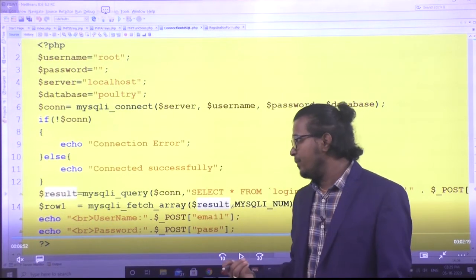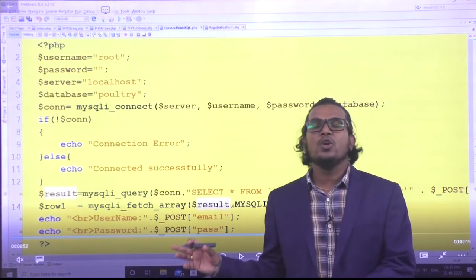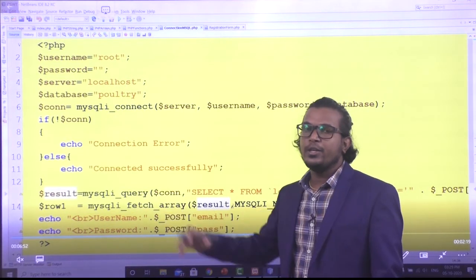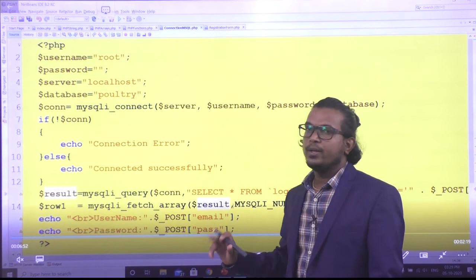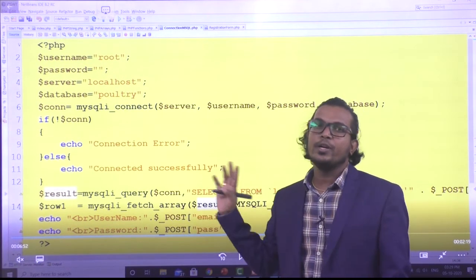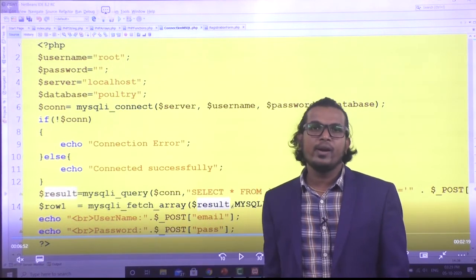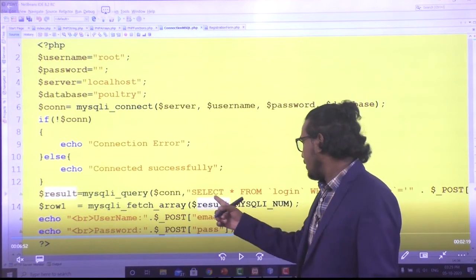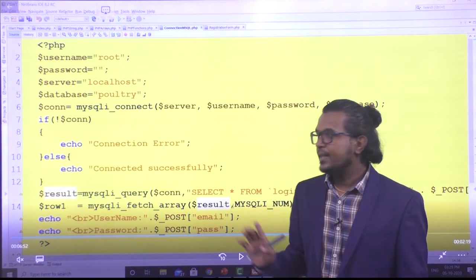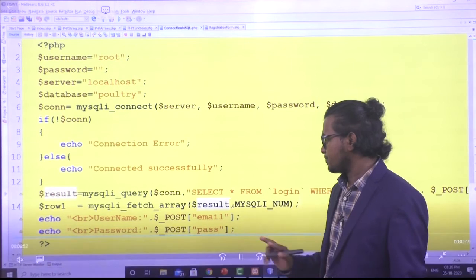If the data is available, it is stored in this row 1. If not, that is also stored in row 1. Row 1 contains the information about whether your query was executed, and the number of rows, including 0 rows if there is no data.